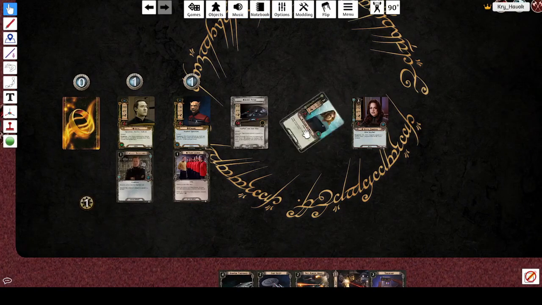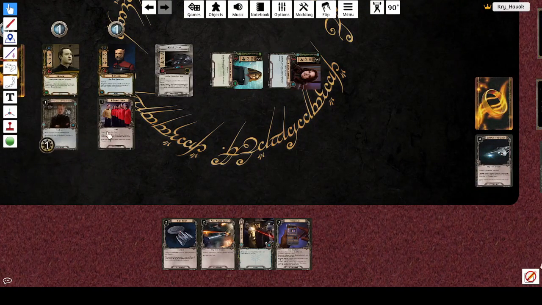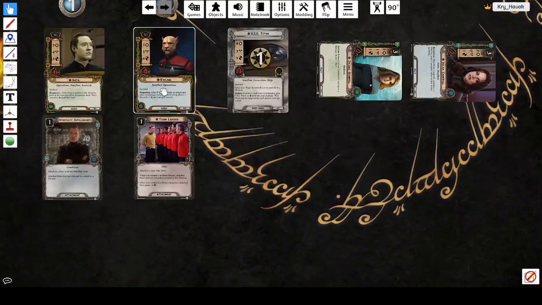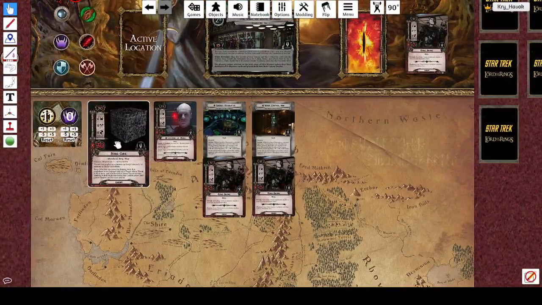10, 12, 14. I'm going to sacrifice the photon torpedoes. 15, 15 minus 1, 2, 3, 4 is 11. So 11 still. So this time we're going up 11, 13, 15. How is that possible? 11,